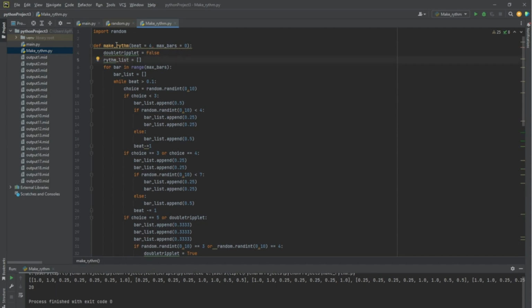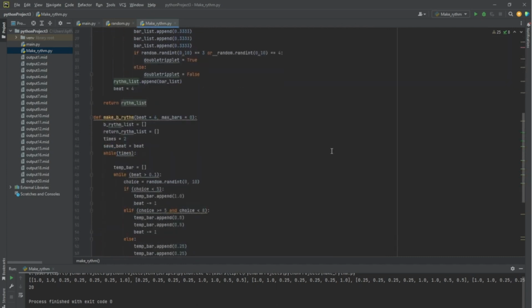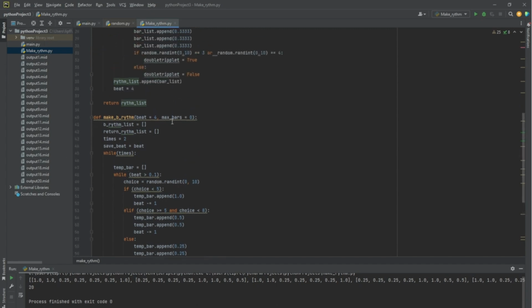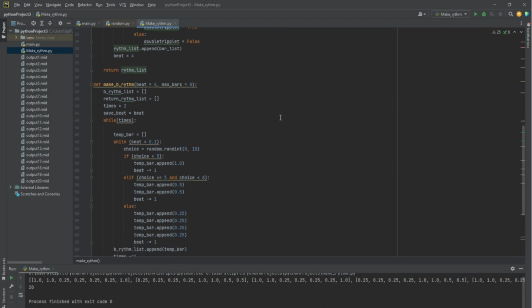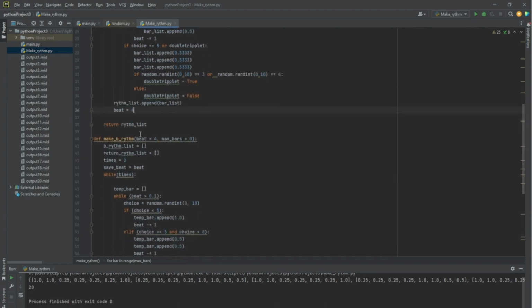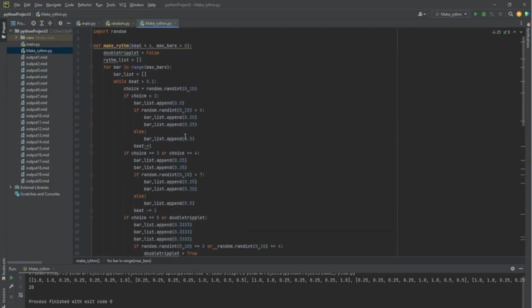And so again, we have the make rhythm function, and we wanted to create, depending on the max bars, a second function which has much in common with the first function, but it isn't that complex, doesn't have that many variations regarding the notes and the length of the notes. So what I created is a second function which takes the same arguments, but